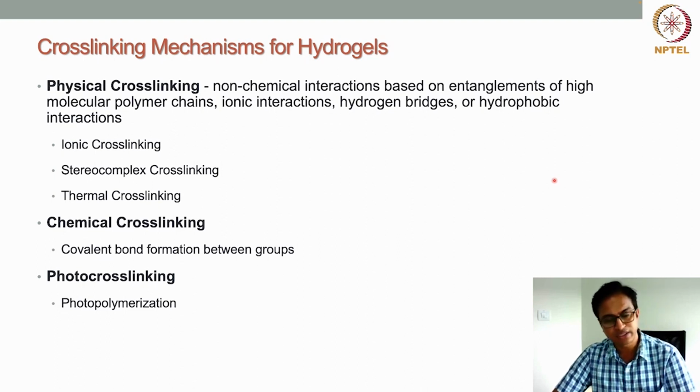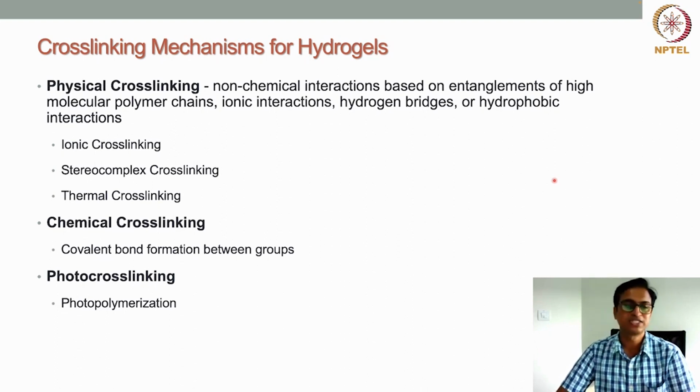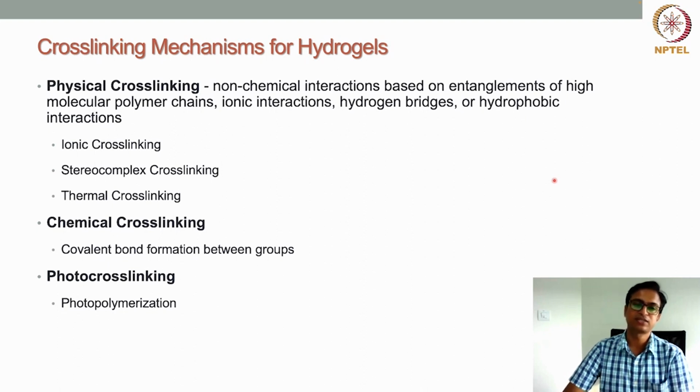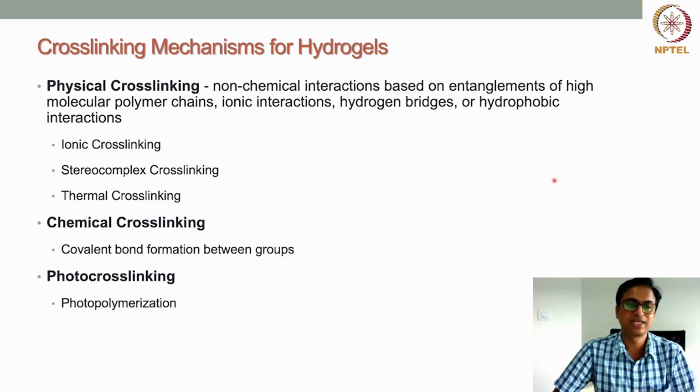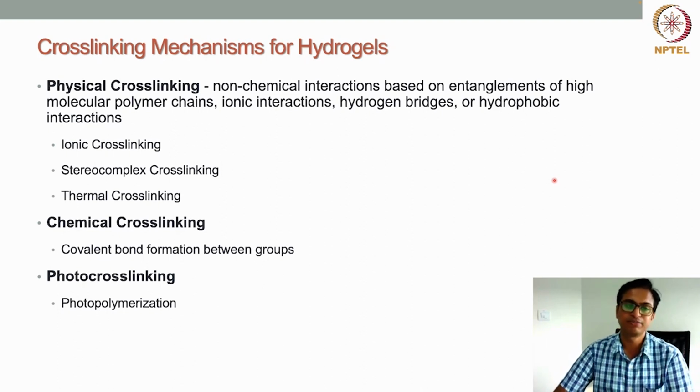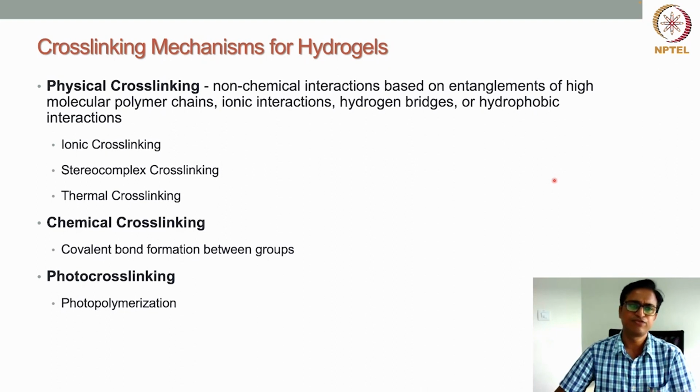Other than this, collagen is a thermosensitive material, but it is irreversibly thermosensitive. Thermal cross-linking can happen if we incubate the collagen solution at 30 to 70 degrees centigrade, because the collagen starts self-assembling. Because of the self-assembly nature, that induces physical cross-linking, and due to that the collagen will become a gel. So these are all different types of physical cross-linking that can be very well utilized for bioprinting. And if you see in the literature, you will find different